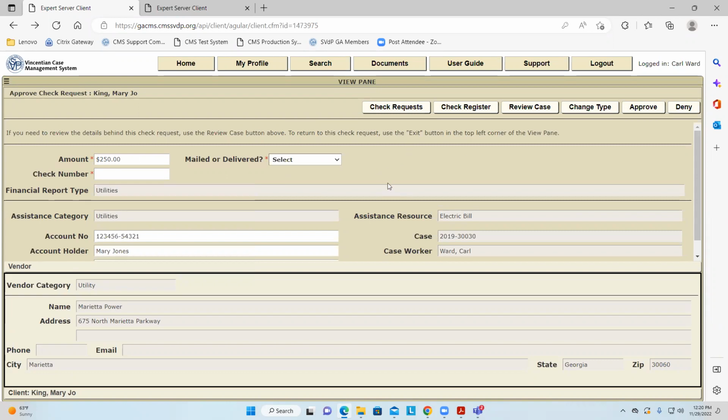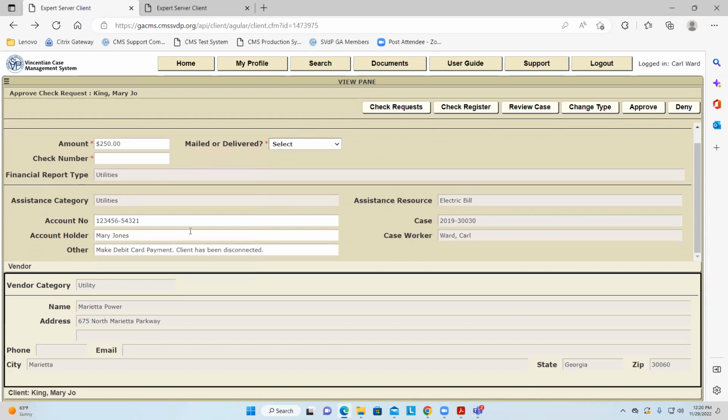Now, if this is an electric bill, and I sent a note to my treasurer, and by the way, the caseworker does that in the other field when they're filling out the check request. And I said, make a debit card payment, and this is a way for me to show you how to make a debit card payment.